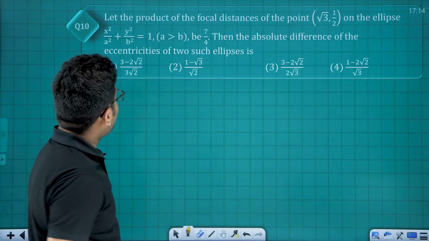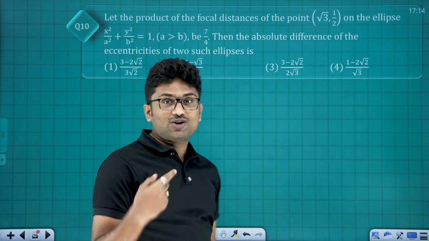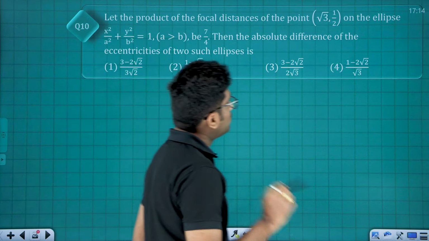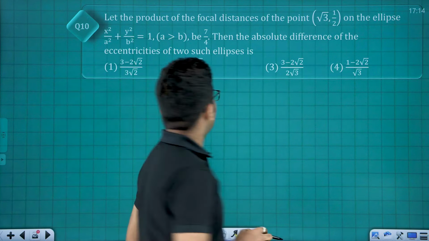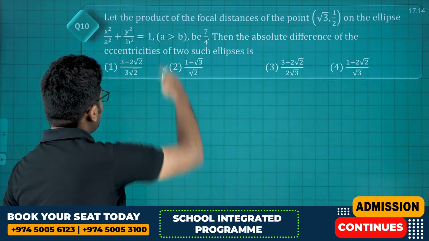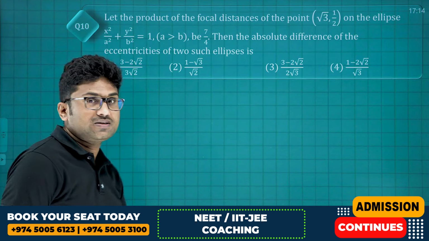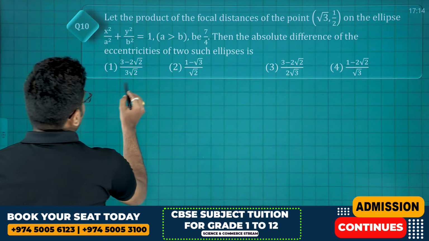Next. Let the product of the focal distances, a question from geometry, conic sections: focal distances of the point root 3 comma 1 by 2 on the ellipse. This is what? Horizontal ellipse, a greater than b. So first, what is focal distance? Focal distance from a point,